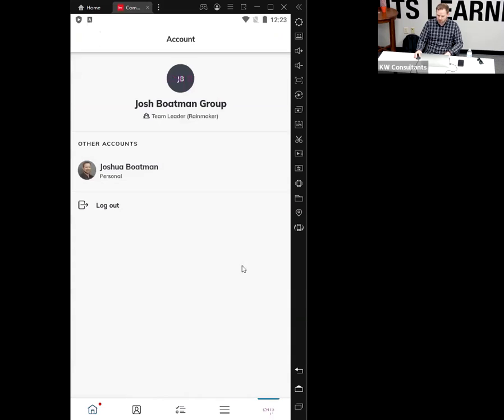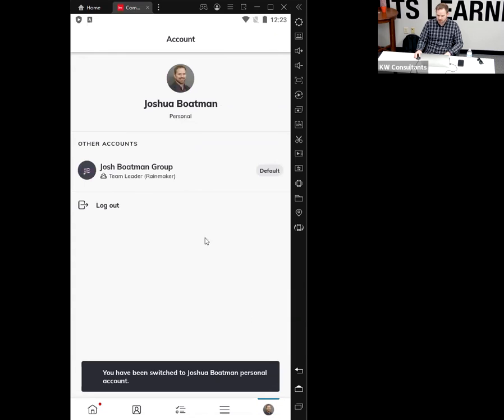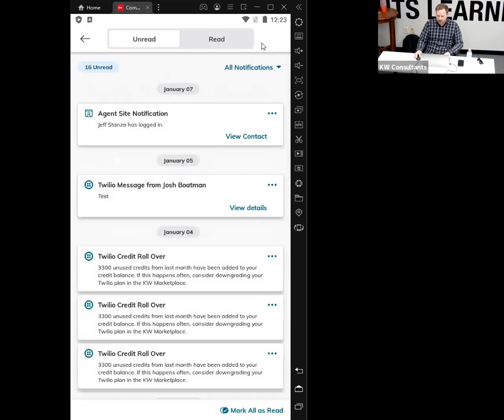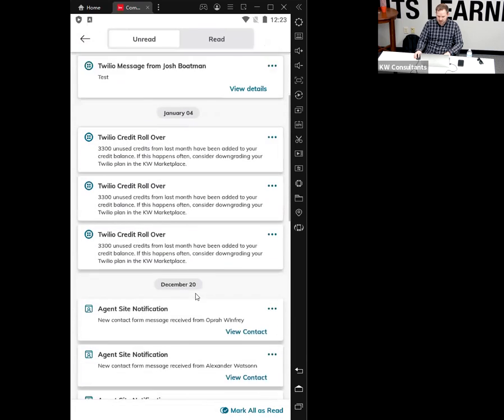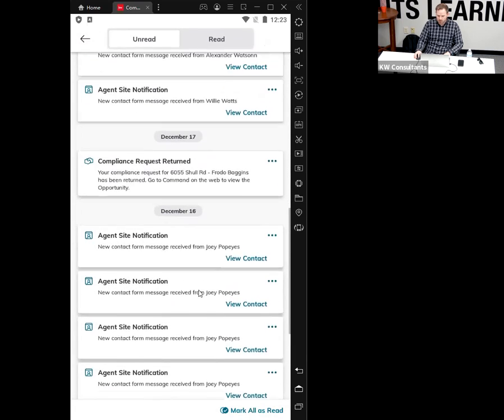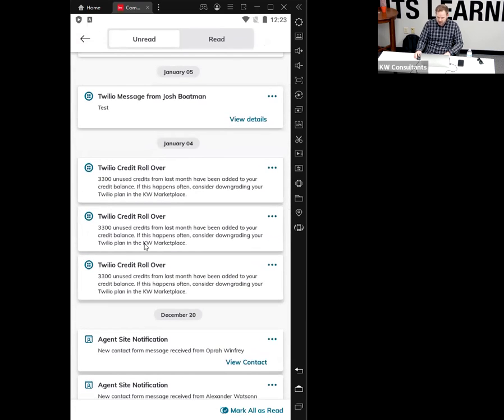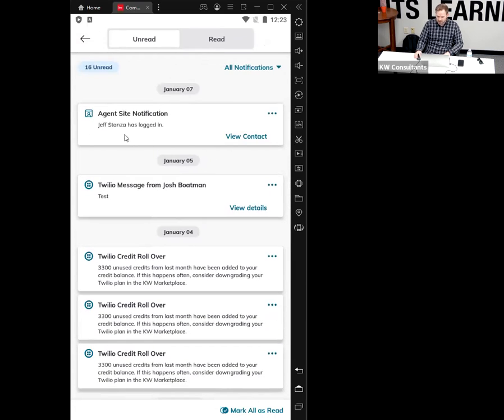Super easy to switch back and forth. Click the little circle in the lower right hand corner and select your name and your bag. Super simple. The other quick thing to point out is the notifications at the top. The little bell here, you'll be able to get different notifications as they come through. If someone logs into your site, if you receive a new message, here's some updates on Twilio. Here's where I can see a client of mine, Jeff, logged in, and I can easily view